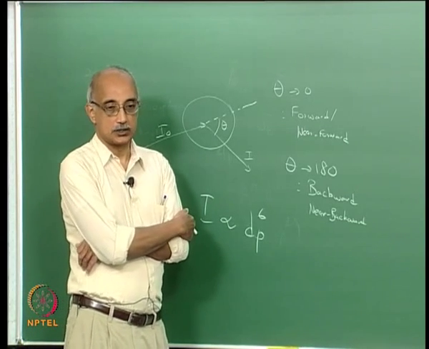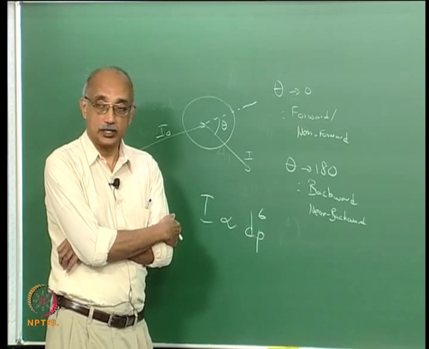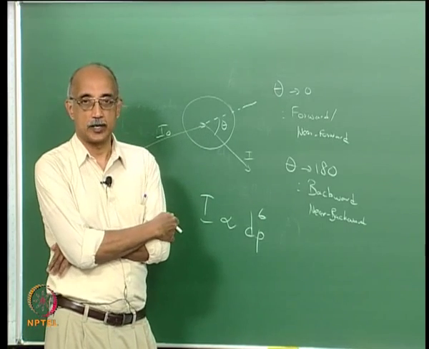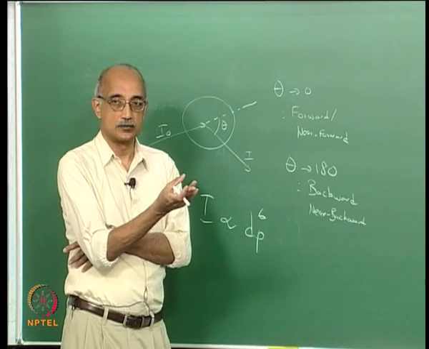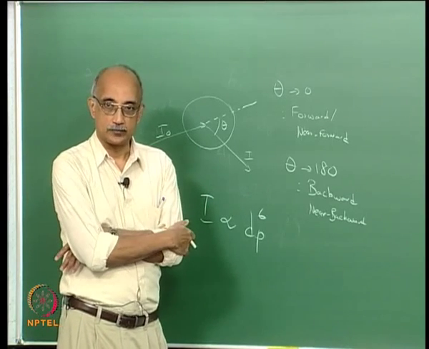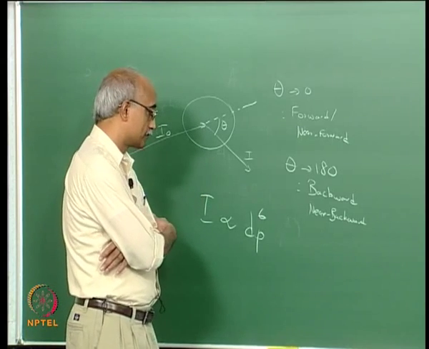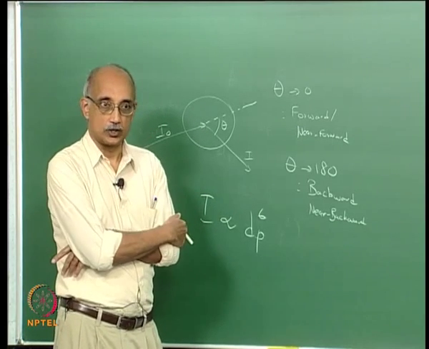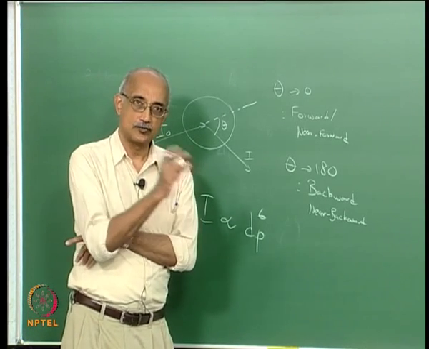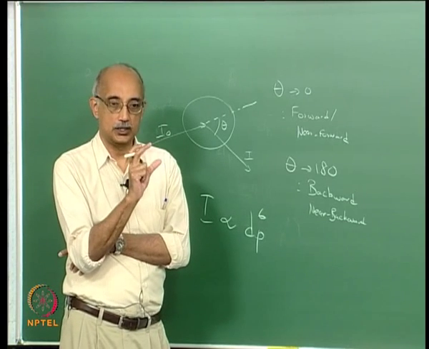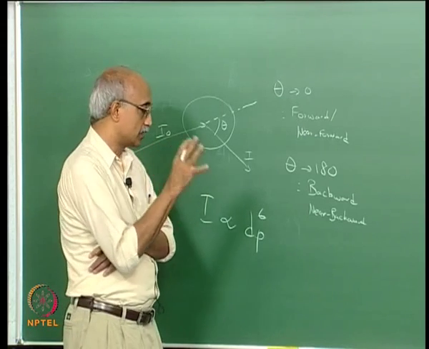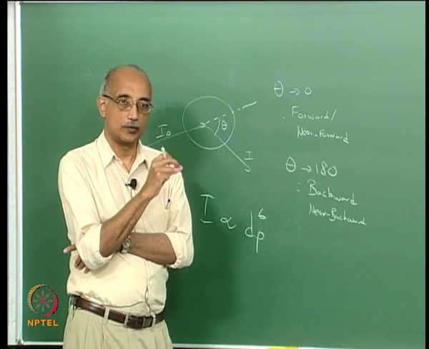Most particle counters that are available commercially do a very good job in the size range from roughly 25 microns to 1 micron. Of course, if you go above 25 microns, use of light scattering instruments is an overkill. You can just as well do it with optical microscopy, or even sieving analysis or whatever you want to do. So, particle counters based upon light scattering have a fairly limited range in which they are truly useful, and that is roughly from about 25 microns to 1 micron. Because as soon as you drop below a micron,